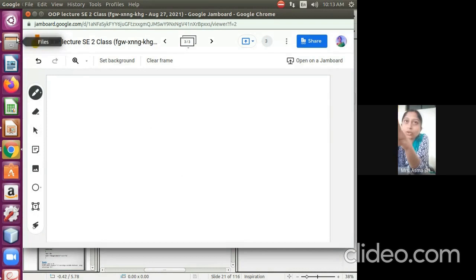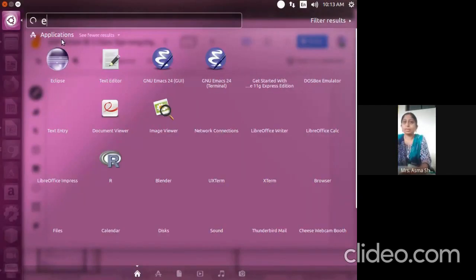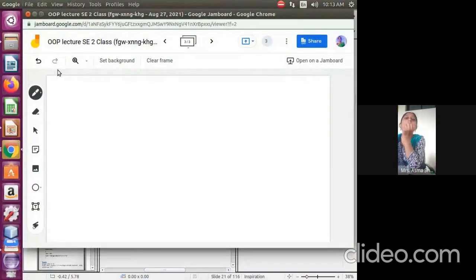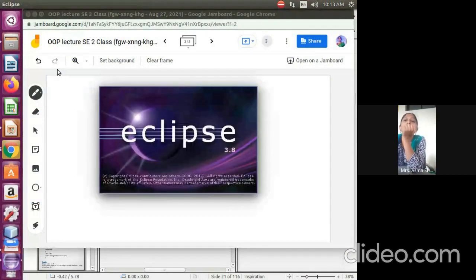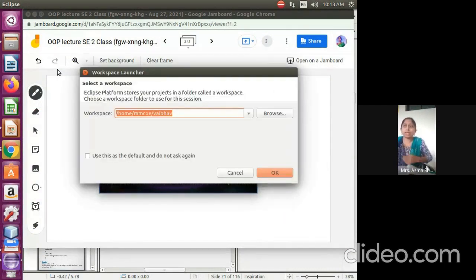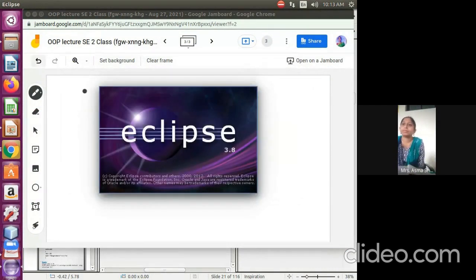Okay, so I can show you from Eclipse, so it will be better. What is meant by actually function calling? Whether it is static or dynamic, I can tell you very easily.